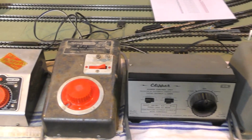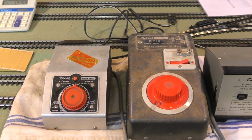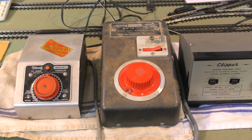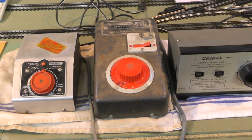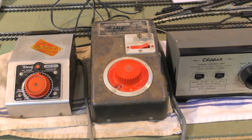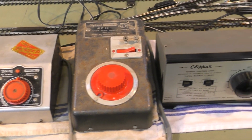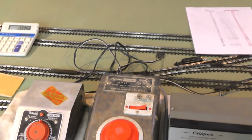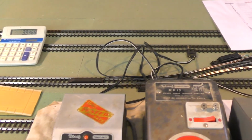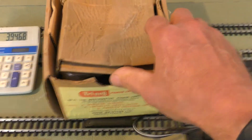But the standout one for me, well, there's two really. I mean, the little P5 held its head up, but the standout controller is this Triang RP13. And so impressed with it am I, that I think I'm going to substitute the Gauge Master for a pair of these. Now, I just happen to have, just bear with me, I'm sure the camera's probably not pointing at anything. I just happen to have a second one of these,